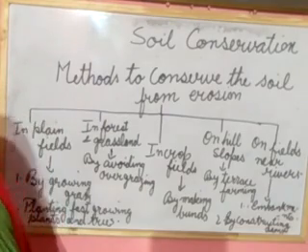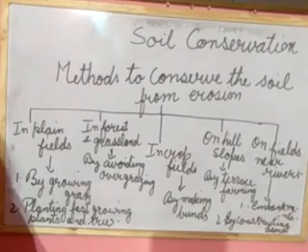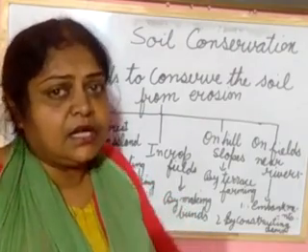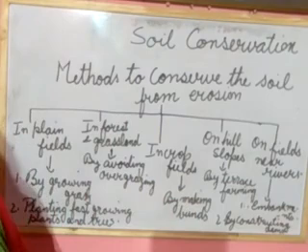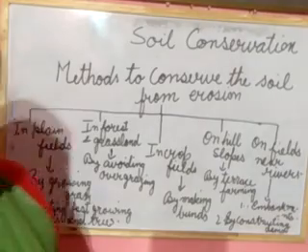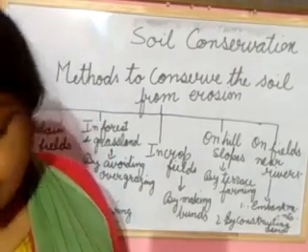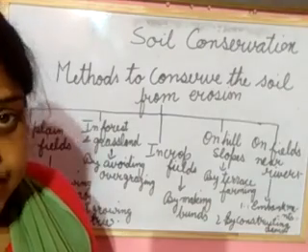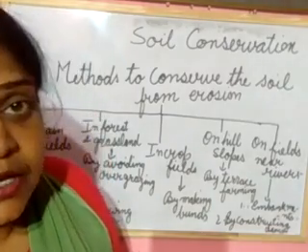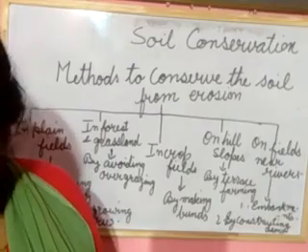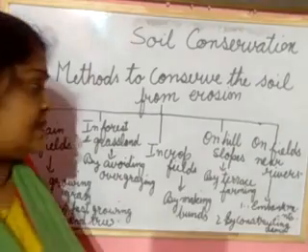Which type of farming are we doing? Step or terrace farming. What do the steps and terraces do? They slow down the flow of water. Plantation on such steps will drastically reduce the erosion of soil. This method of farming prevents soil erosion. That is known as terrace farming.